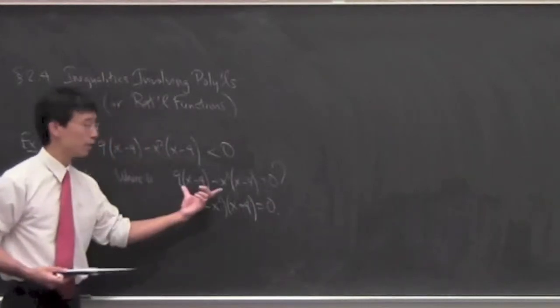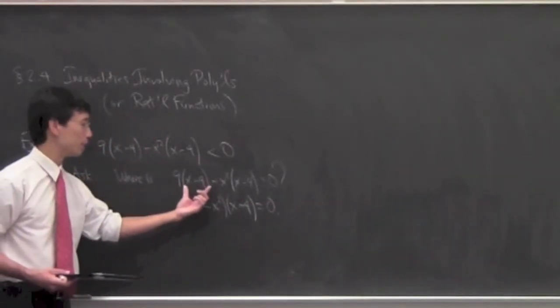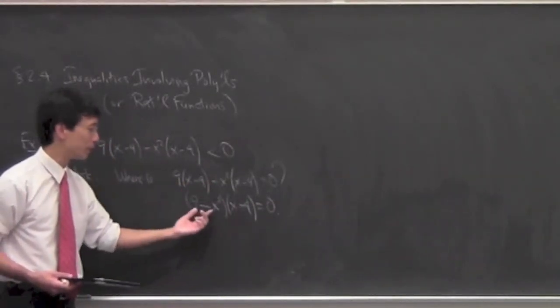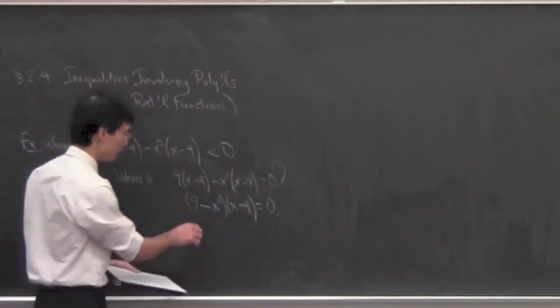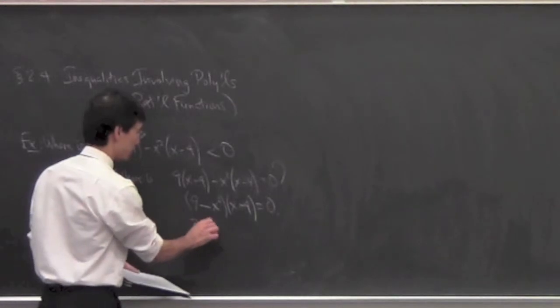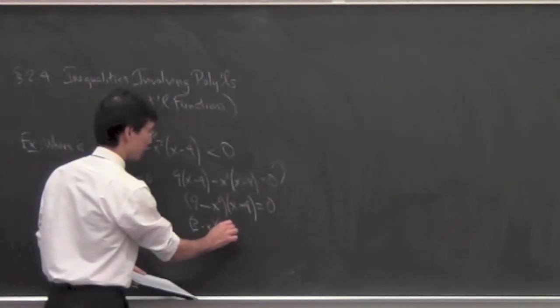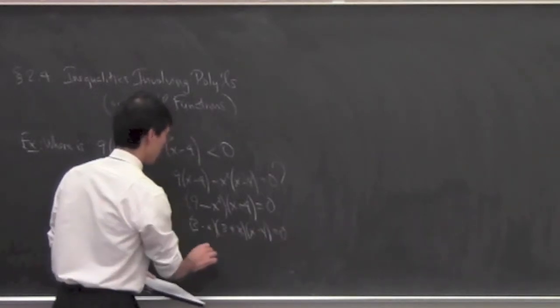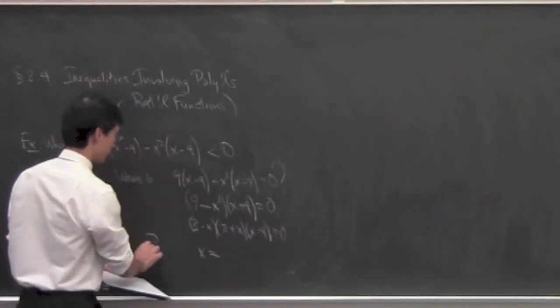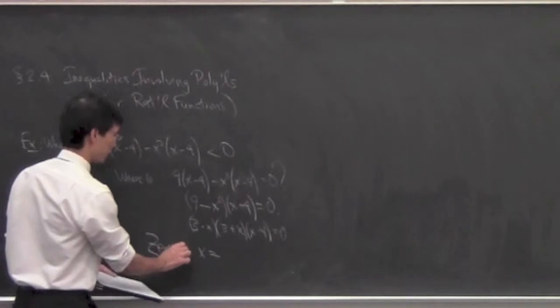I've got this 3 minus x, 3 plus x here, and I've got an x minus 4. Okay, so my zeros are at